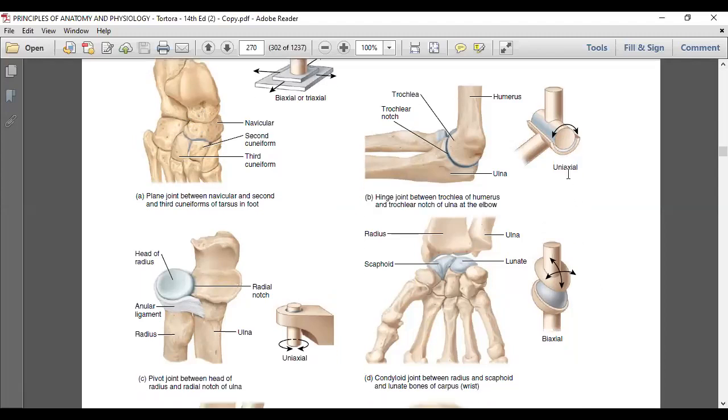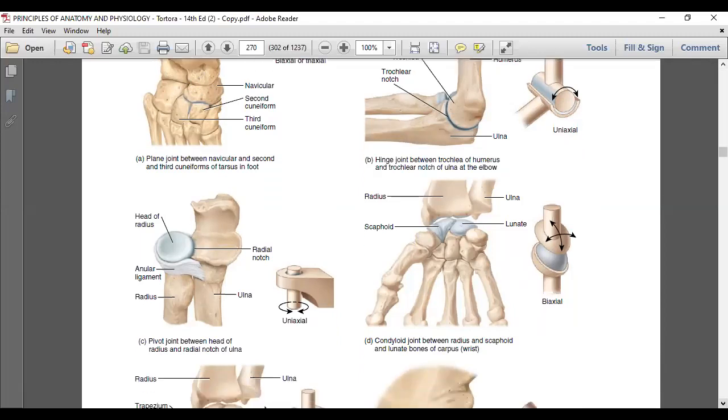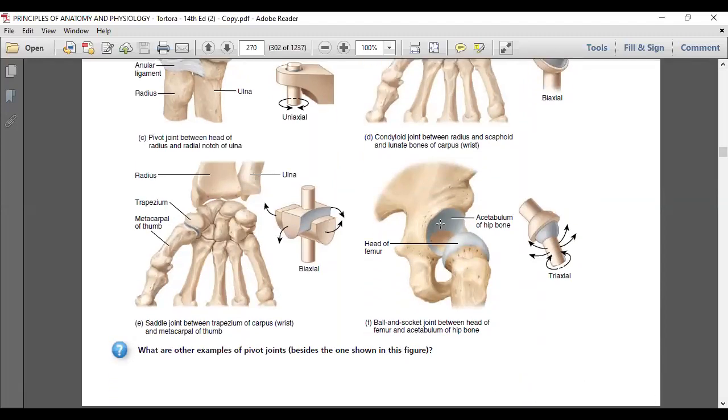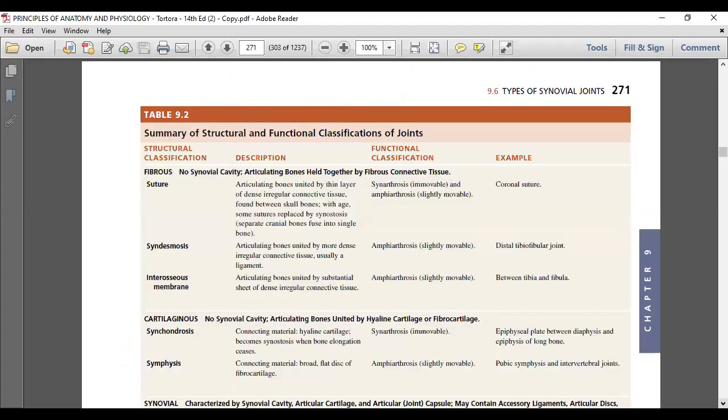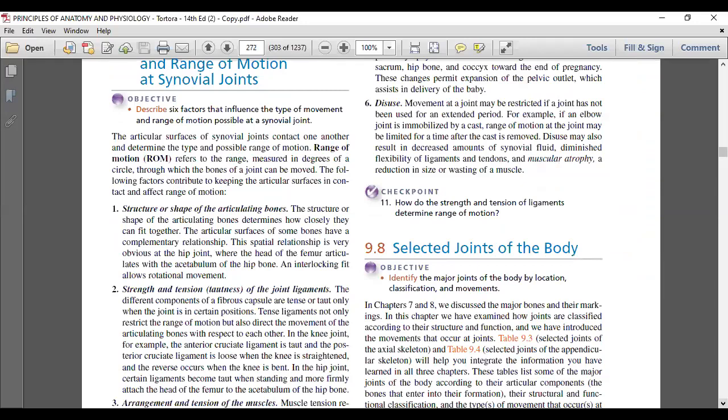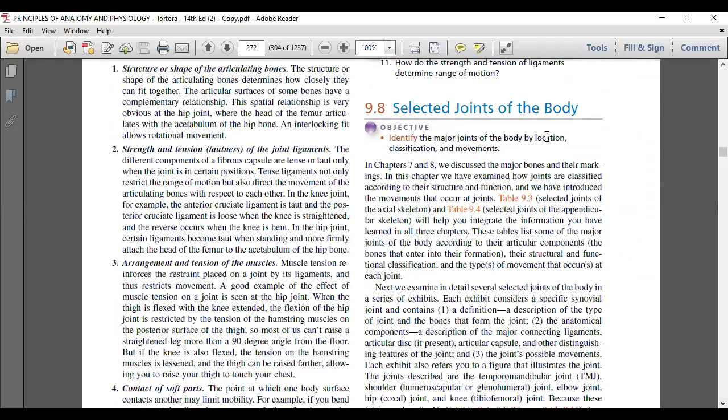A hinge joint is called a uniaxial, monoaxial joint. With a little flexibility, it is biaxial. Pivot joint, and the ball and socket is a multiaxial joint. That means this is the ball, the head of the humerus or head of the femur, and this is the socket. If it is the femur, the acetabulum. If it is the humerus, the glenoid cavity. We are seeing it with original bones. So that's it. Finally, this is the chart. I gave it to you from the chart. Okay, so that's it. So we came to the end of